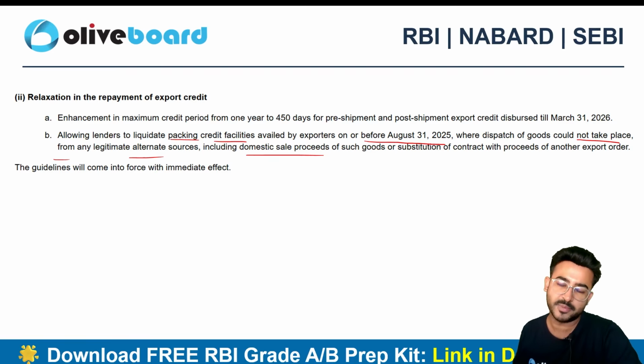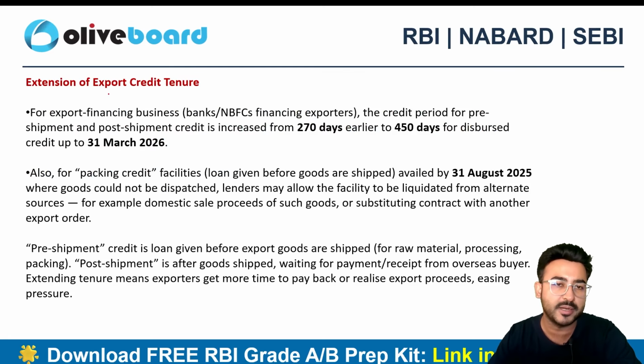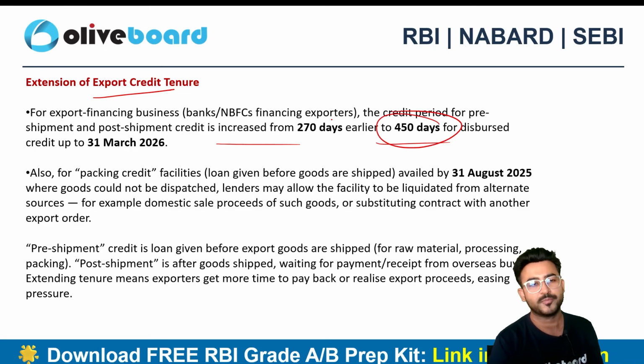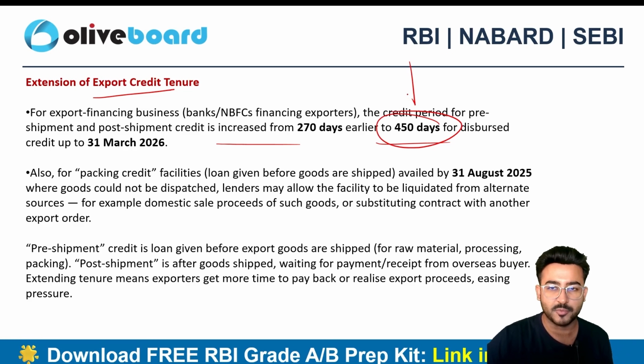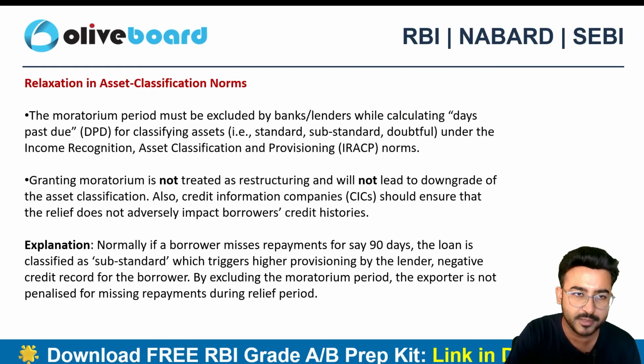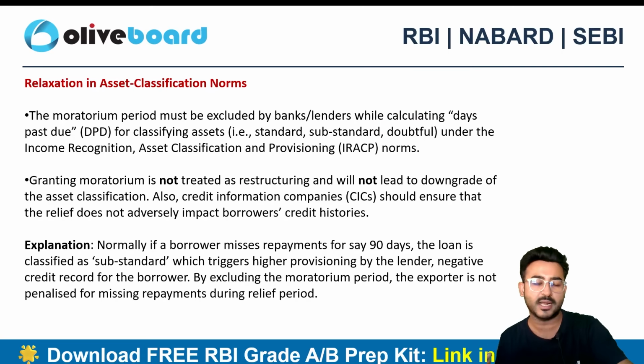और एनी लेजिटिमेट ऑल्टरनेट सोर्स। सो यहाँ पे आपको एक्सपोर्ट क्रेडिट टेन्योर को बढ़ा के, जो पहले आपको 270 डेज मिलता था, उसको आपको 450 डेज यहाँ पे मिलना चालू कर दिया, एंड दिस इज अप टू 31 मार्च 2026। तो हमको यहाँ पे 450 का पीरियड याद रखना है। ओके, यहाँ पे हमको 450 का पीरियड याद रखना चाहिए।